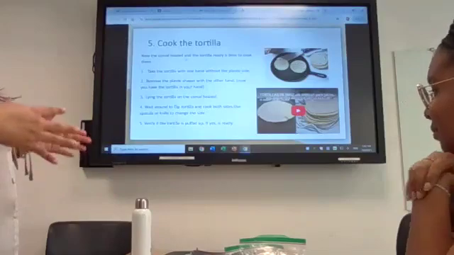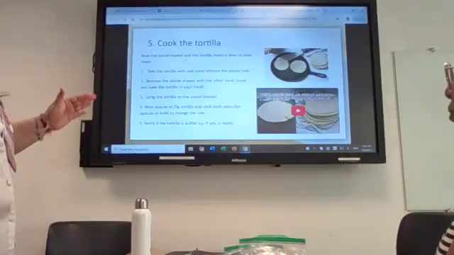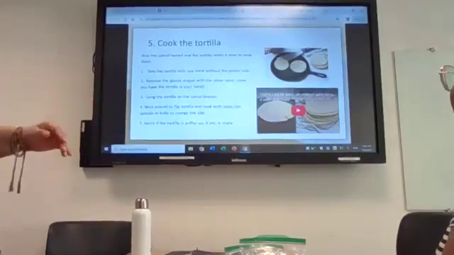You can do it however you feel more comfortable, and verify the tortilla is puffed up. If yes, it's ready. So let's double check how that looks.